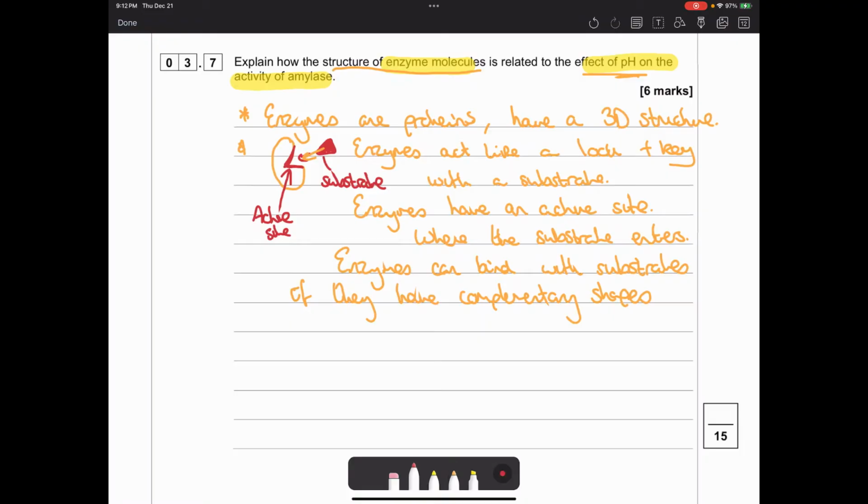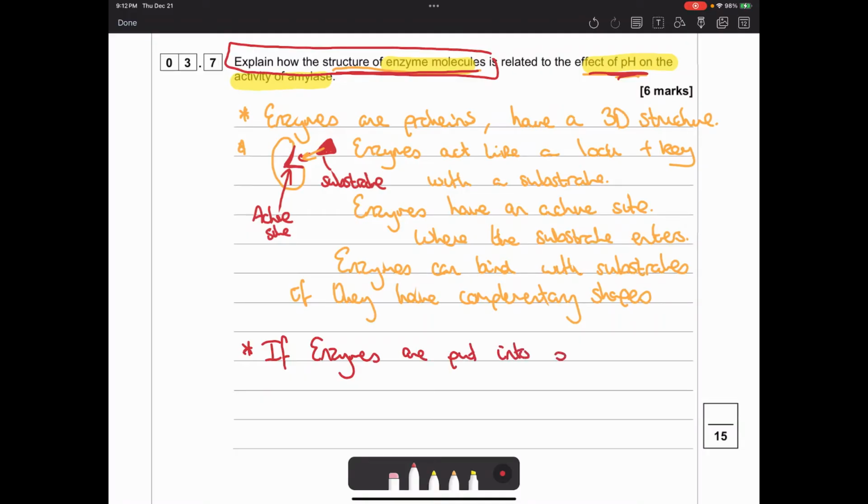So I've described, first of all, the structure of the enzyme and how it works normally. Then I need to consider the effect of pH. So you're thinking, what happens to enzymes if they're put into pHs that are slightly different? If enzymes are put into pHs which are different from the optimum pH,